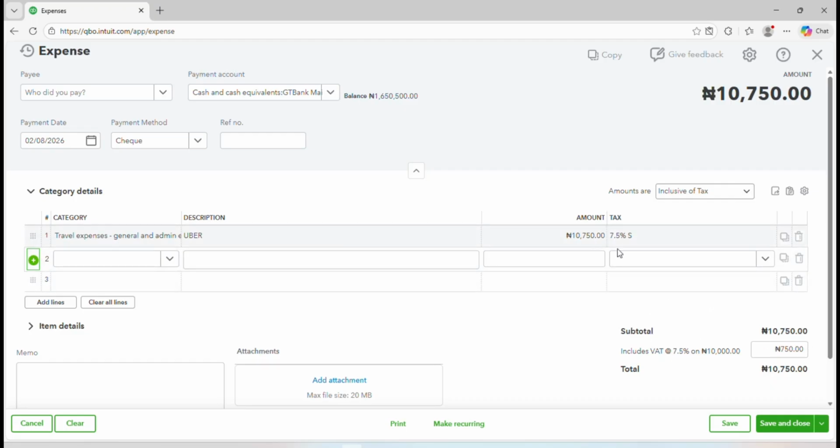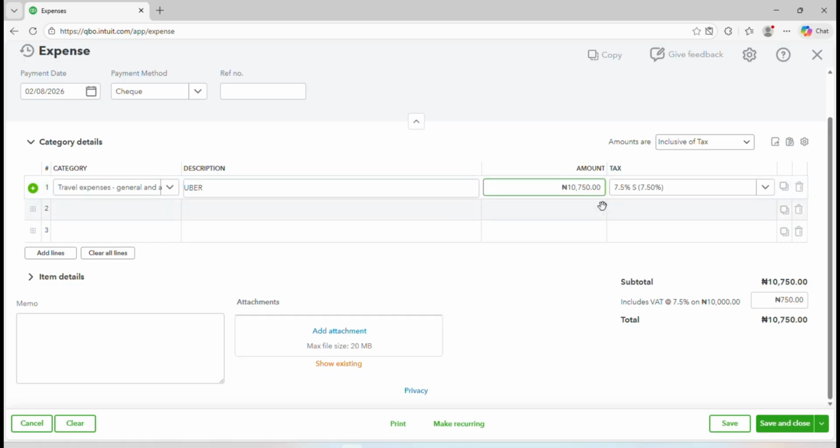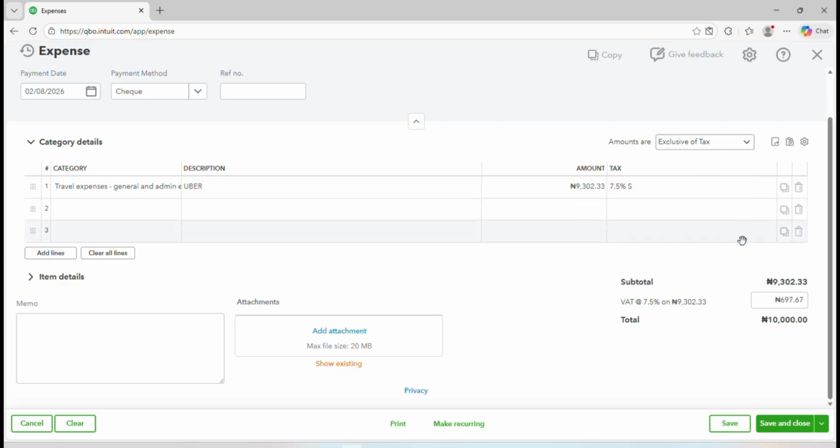It doesn't matter. But if you are confused, because you can see that even though you put this, it's still showing you that this is it. It does not change anything. But if you want, you can just go ahead and say, okay, this is 10,000. Then Quickbooks can just change this to say exclusive of VAT. Then you can see the difference. Exclusive of VAT, right? So you can see